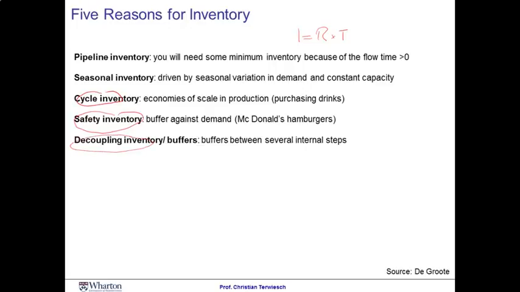Finally, the last reason for inventory is decoupling inventory. Instead of just buffering us from external demand from the customers, we might also want to buffer us from internal demand from other process steps in the operation. So the last 2 examples here are really driven by the variability, in the spirit of buffer or suffer. The previous 2 are driven really by variations in the supply rate to match a seasonal demand. And the first one, the pipeline inventory, is just the minimum inventory any operation needs to exist.